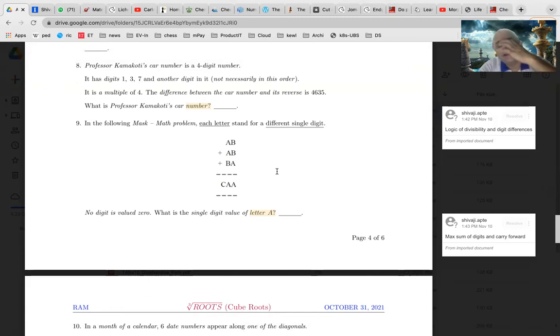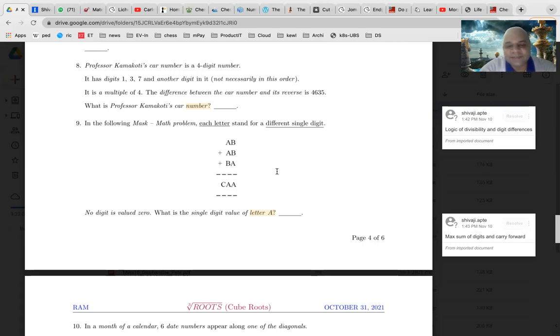So you just take the last digit is A, and when you do this addition, the last digit addition will be B plus A, and it is coming to A. Which means that there are only two possibilities. B can be either 0 or it can be 5. 0 plus A will be equal to A, or 5 plus 5 is 10, and 10 plus A will be equal to A with carry forward being 1. This is the only possibility. If B is any other number, then it is not possible to have this addition like this.